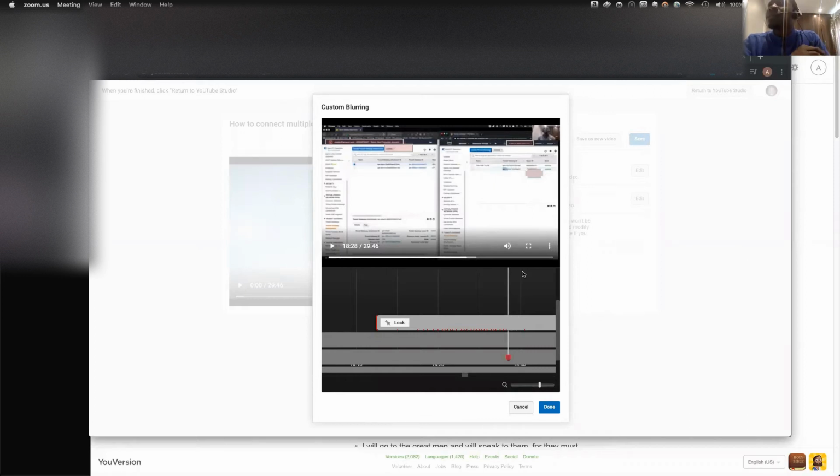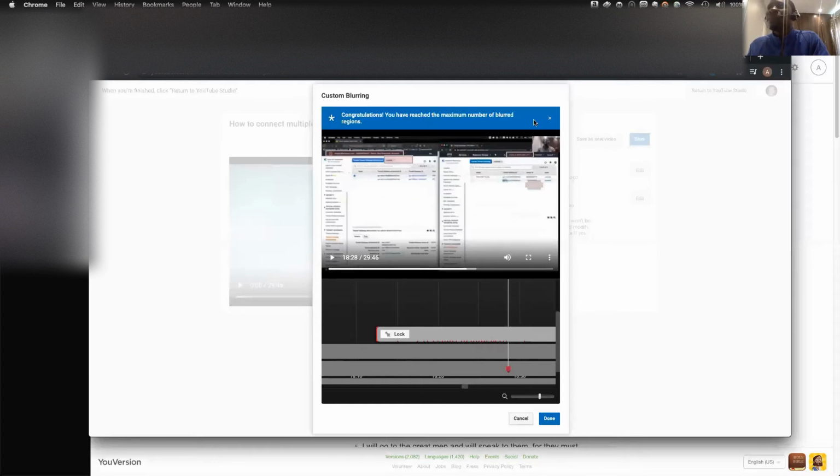I know a lot of people have been struggling to find out how to effectively blur some portion of the video. And if you're like me, you need to blur a lot of portions on your video, and eventually you will see that you run out of blurring space. You can see this is one of the videos that I'm trying to blur. Eventually, if I try to do something like this, you get an error message like this that says